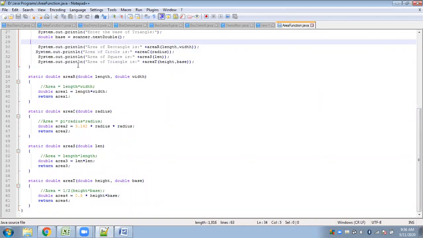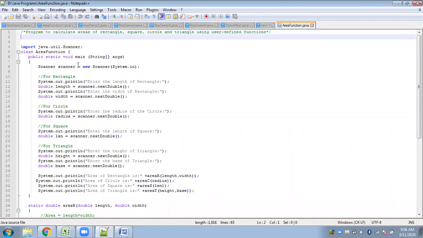Everything belonged to the same class, so we did not have to create objects, and that is why we use the static keyword, because Java requires creation of objects. Java is all about classes and objects. Since we are using the same class for all functions, we need not create objects. There is no need for creating objects. And since we are not creating objects, that is why we have used the static keyword.